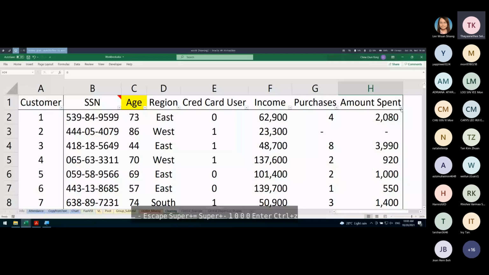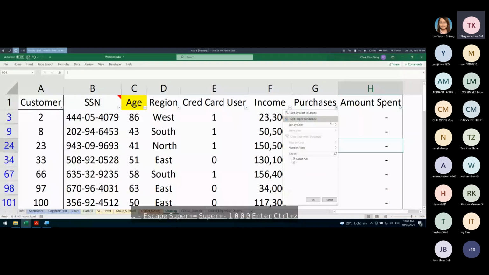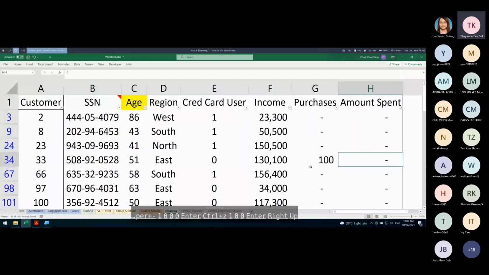Go to the amount part. I want to look at the 0 also. Make sure everything here is 0, because if I have purchased something but the amount spent is 0, it's also not reasonable. So you want to check this. You can see that doing this kind of data cleaning process is quite time consuming sometimes, unless you understand